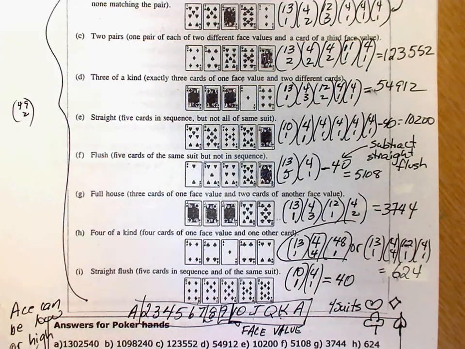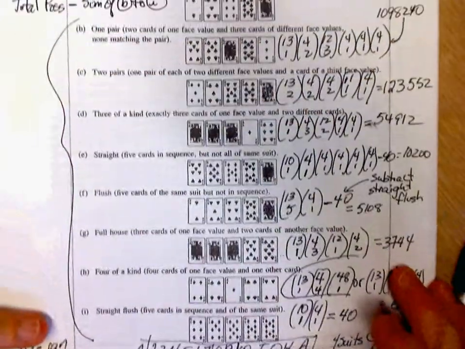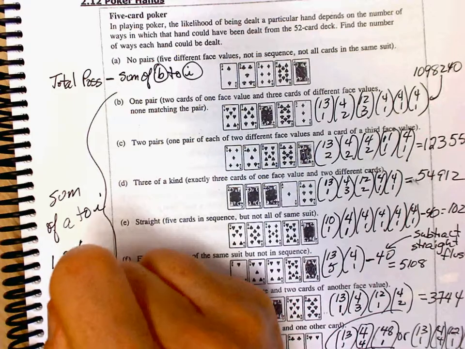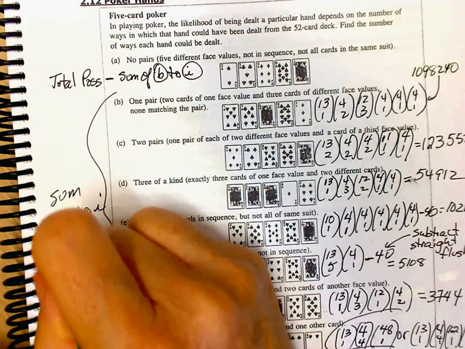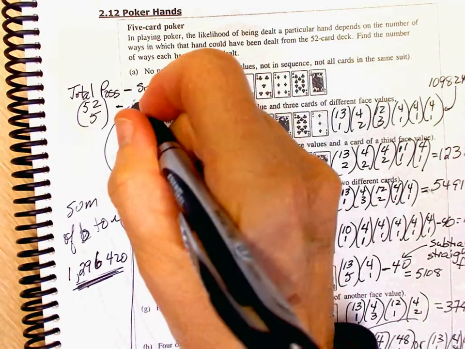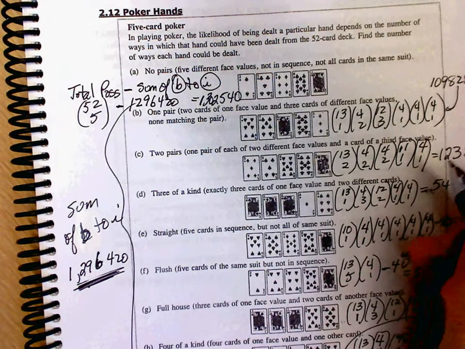Okay, what we're going to do is take total possibilities minus the sum of. There is a single step you do for A, but I can't wrap my head around it. But I will give it to you. The sum of A to I is 1,296,420. The sum of B to I is this. So total possibilities, you have 52 cards, choose 5 of them, minus 1,296,420 is equal to 1,302,540. 1,302,540. So you guys have a 50% chance of getting a special hand,